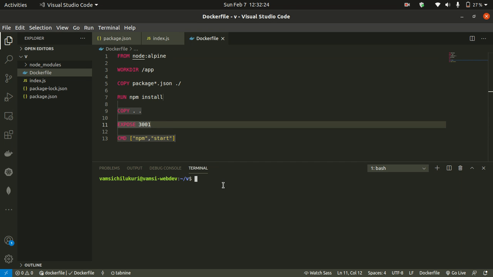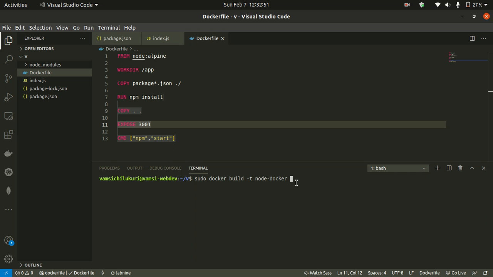Okay, we will build the Docker image. To build a Docker image, we will use the command docker build -t, where t is for tagging the name of the image. So we use node-docker as the name of our image.